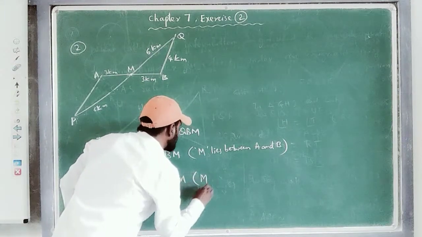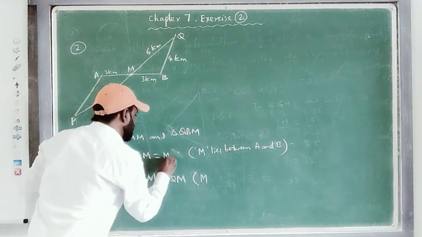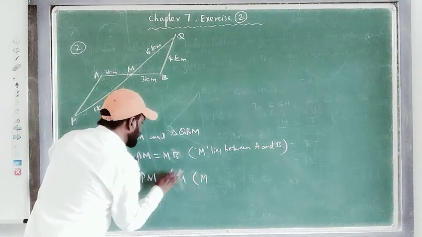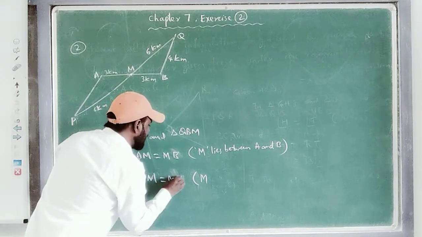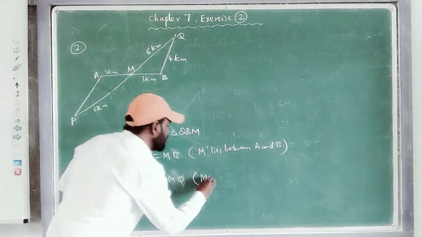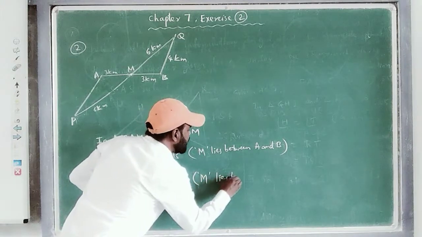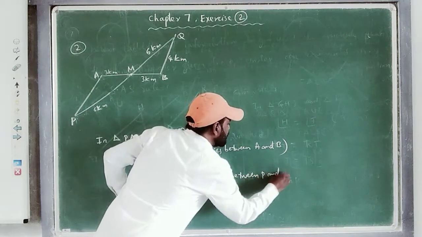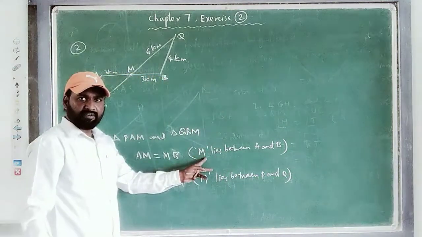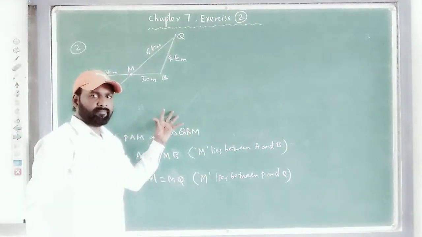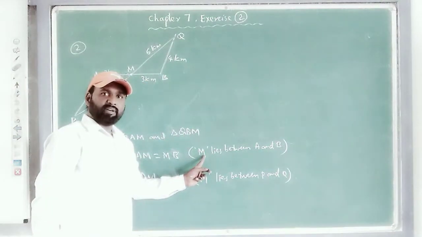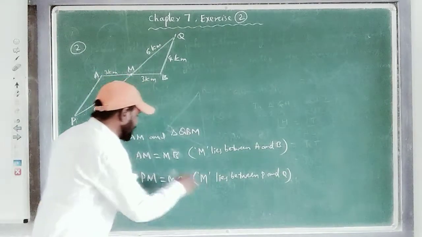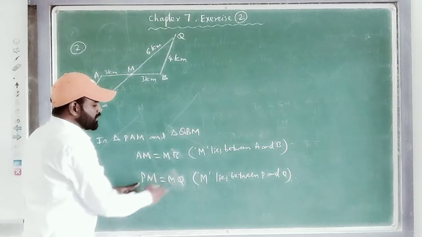You can write it in a different way also, writing M in between. Between A and B, M is lying in between. So if you write like this, we can easily identify M is lying in between P and Q. So M lies between P and Q. This information is given in the question itself. There are 5 villages in the map showing that village M is lying between the two pairs of villages A and B and P and Q. That is why we are writing AM is equal to MB, PM is equal to MQ.